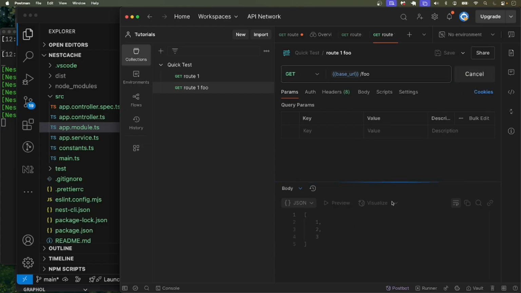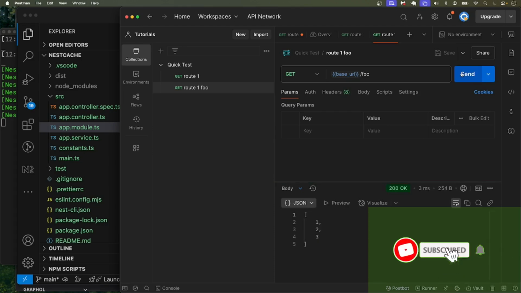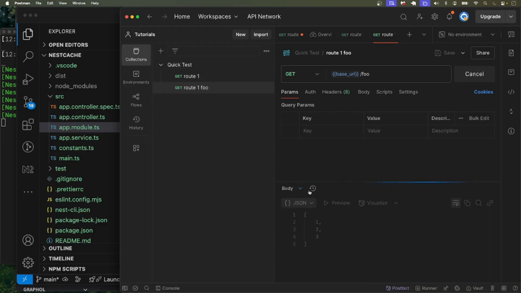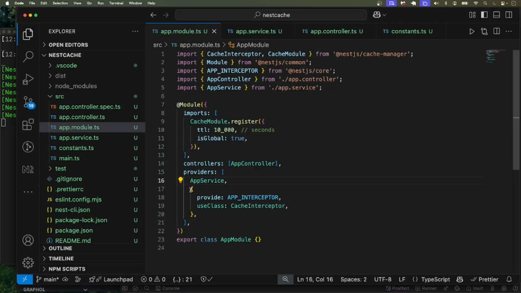Takes time. Send the next one, it is fast until 10 seconds has passed. So almost there at 10 seconds. So you can see that with this piece of code here, we are able to apply caching for all the